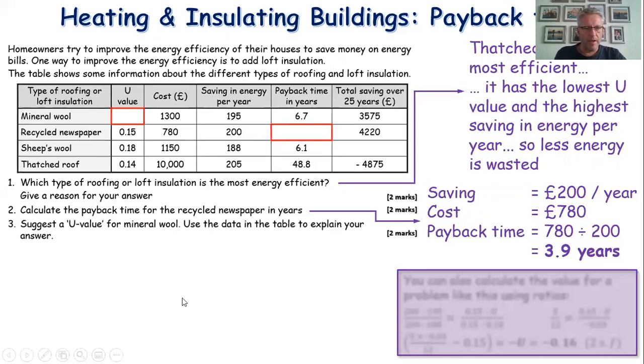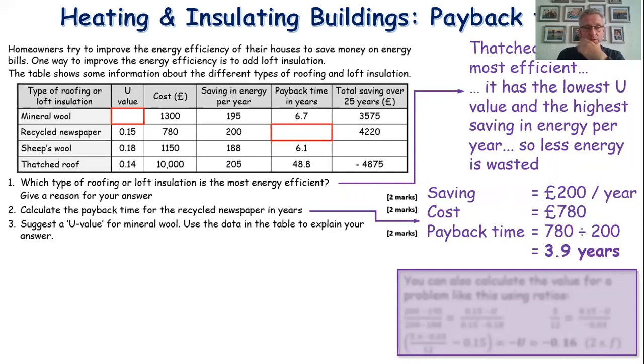Okay, so finally, suggest a U value for mineral wool and use the data in the table to explain your answer. So the U value for mineral wool is going to be somewhere between the U values for newspaper and sheep's wool, because if you look at the saving in energy per year is 195, which is between the saving for recycled newspaper and sheep's wool. So any value between 0.18 and 0.15 is going to be the best. Well, that really leaves 0.16